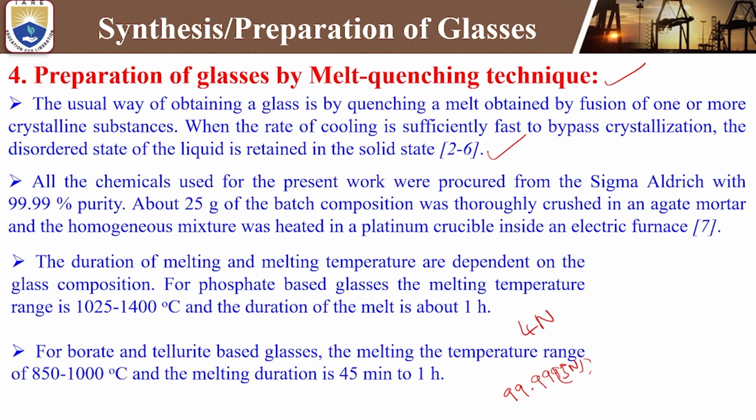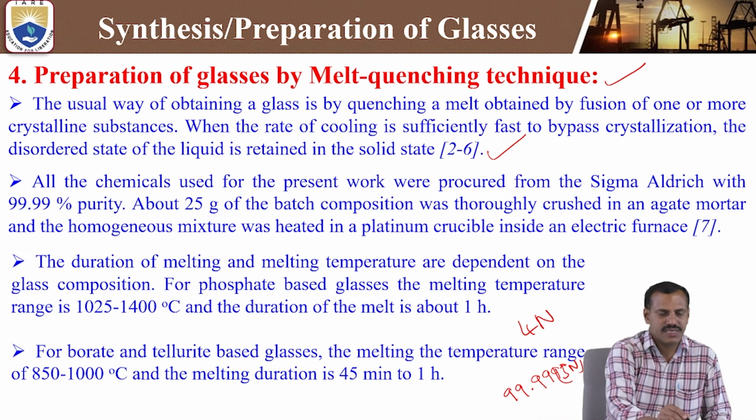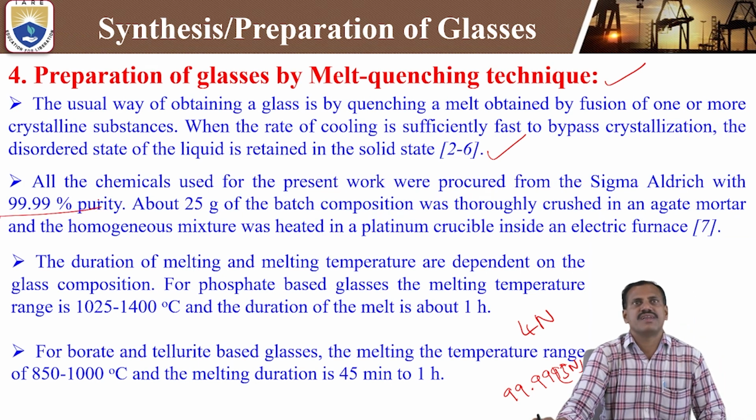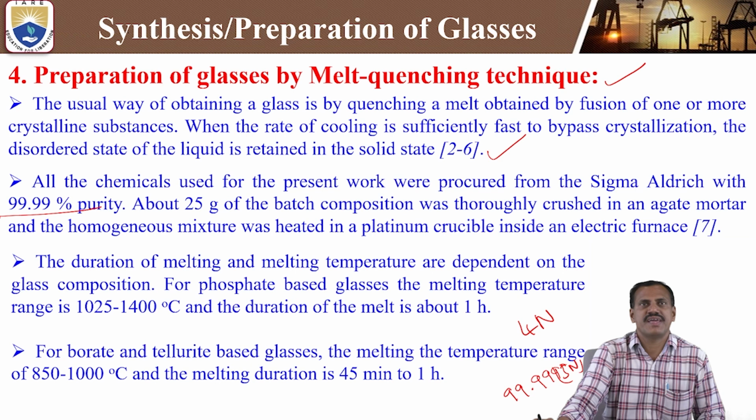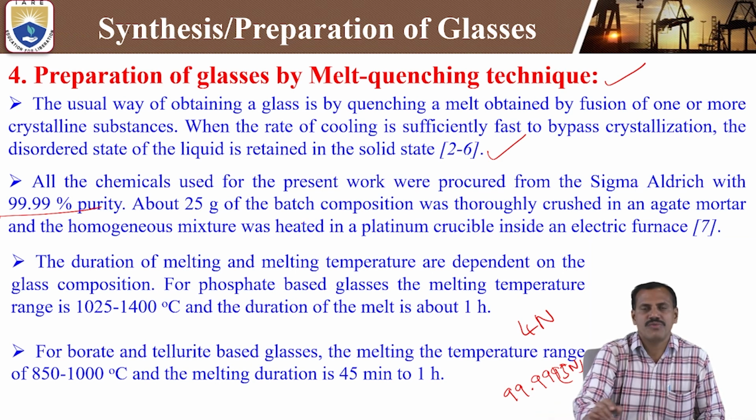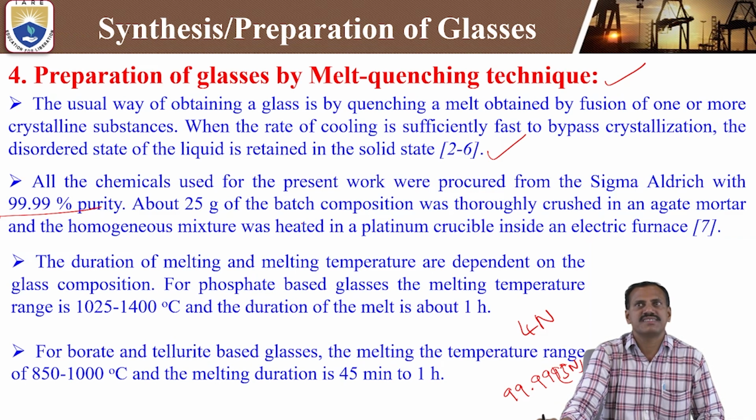Now we are taking this method. We are using 4N purity. That means each and every chemical we purchase from Sigma-Aldrich should have purity in the order of 4N, that means 99.99%. About 25 gram of batch composition was thoroughly crushed in an agate mortar, and the homogeneous mixture